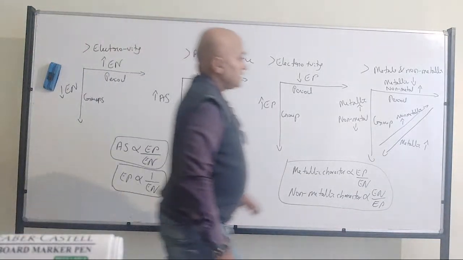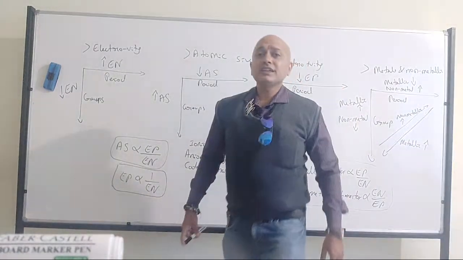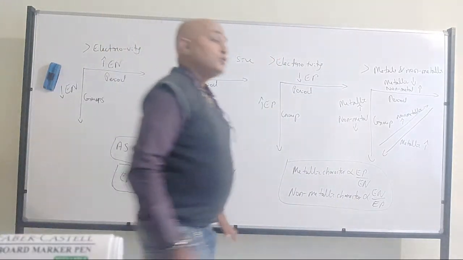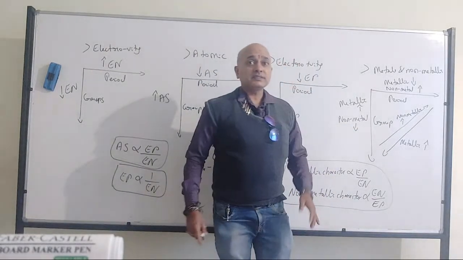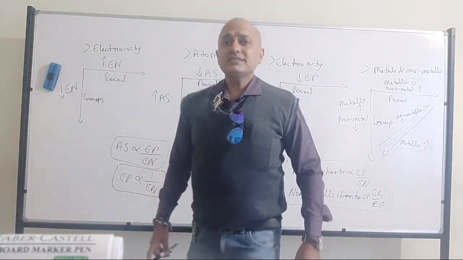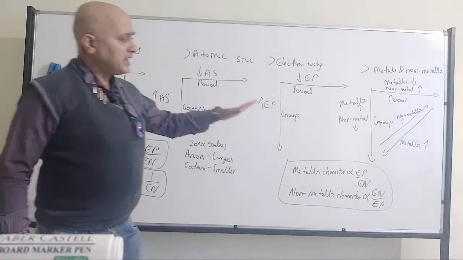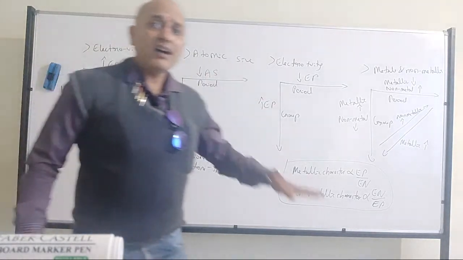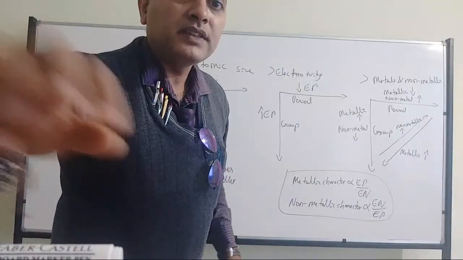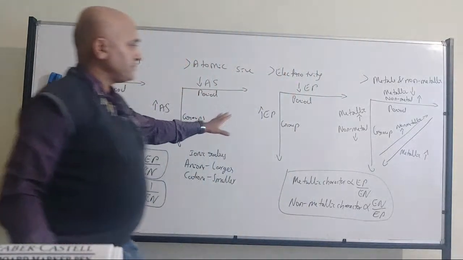Okay. So please remember, in all the groups, as you move down, the last element in those groups will be having metallic character. But those metals like alkali and alkaline earth metals are called class A type of metals, and whichever comes on the other side, they will be considered as class B. So you can remember that in all the groups, the last element will be metallic in nature. All of you have understood? So this is the conclusion we can have based on the picture.